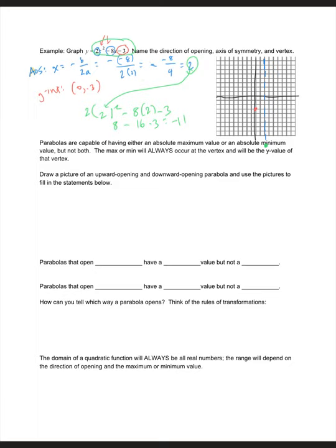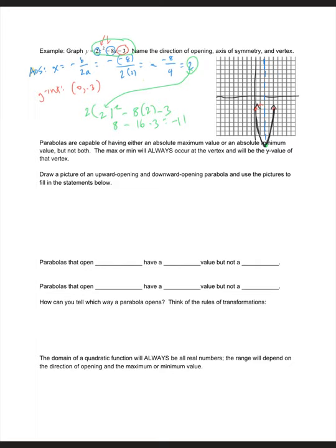And now we're going to get the reflection across the axis of symmetry. So if you notice this point, my y-intercept, is 2 units to the left of the axis of symmetry. Well, that means I'm going to have another point with the same y value 2 units to the right of it. That's how the reflection works. You basically can fold the point across and it lands on the other side. So now I have 3 points in my parabola, so I'm going to plot those, connect them with a smooth curve,